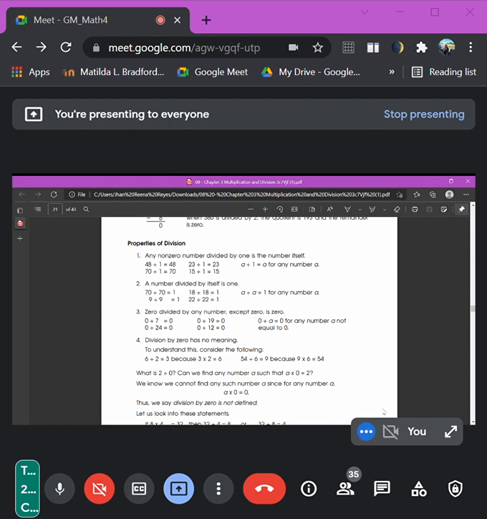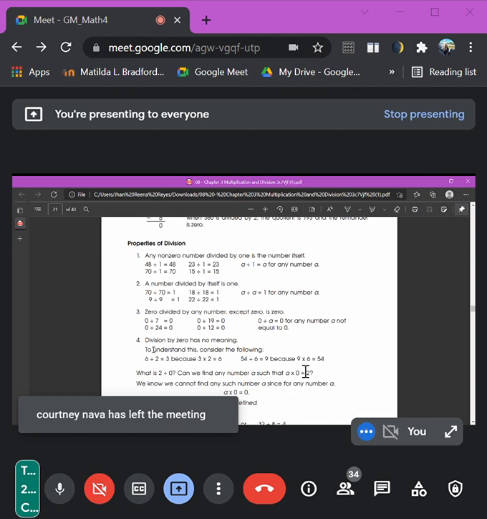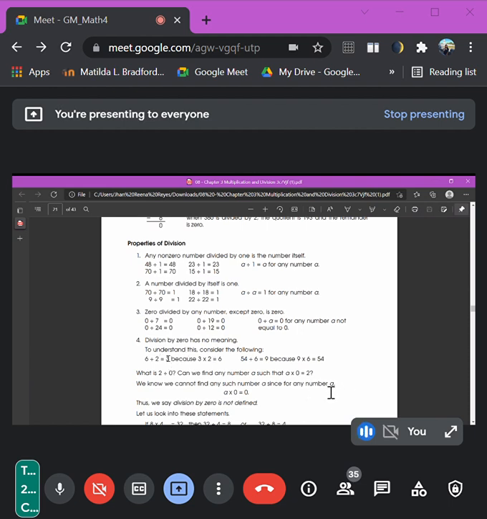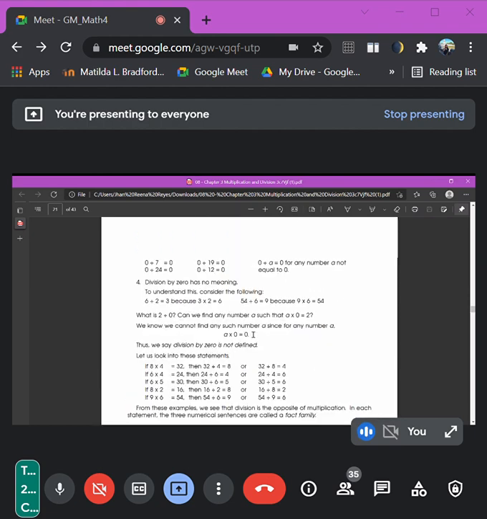Okay, because if we are going to have non-zero numbers, what we have there as your quotient, if you're going to multiply it again to the number, the dividend will reflect. So as you can see here, 6 divided by 2 is equals to 3. And then if you're going to use your quotient, 3, and your divisor times 2, it will go back to your dividend. So that's why here, if you're going to use 0, then it's no use. So that's why it has no meaning. And these are all of our properties of division.